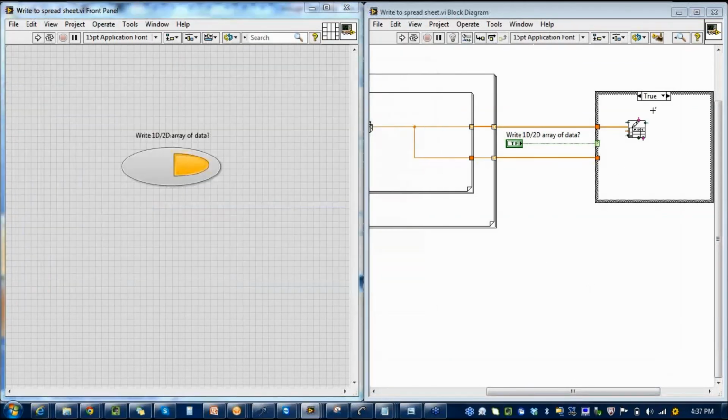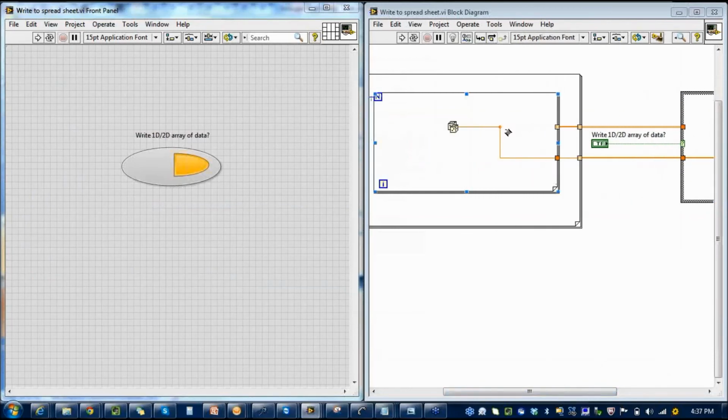Now I've placed a case structure such that one write to spreadsheet is in the true case, and the false case also has a write to spreadsheet. Just that in this particular case, I am not auto-indexing out of the first loop. I'm giving the entire data out and I'm auto-indexing only at the second loop. Therefore, only a 1D array is created out of this.